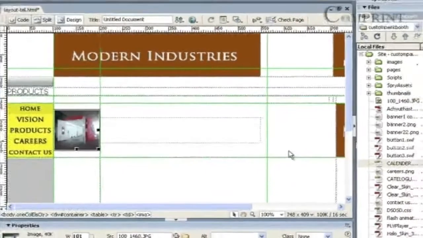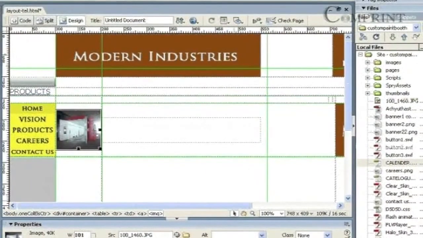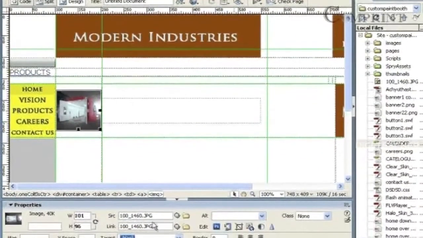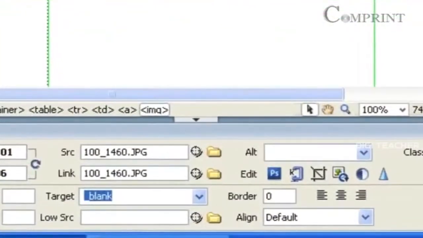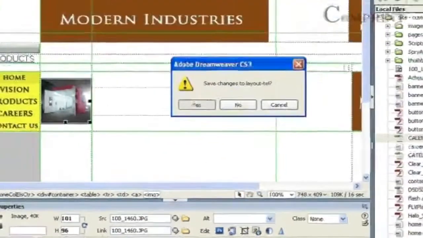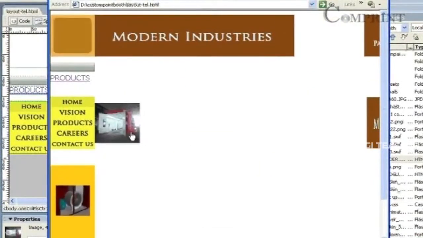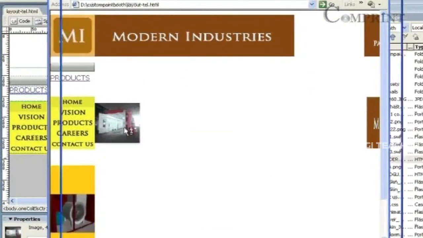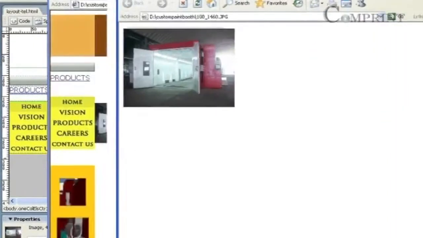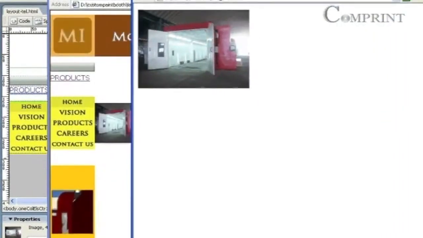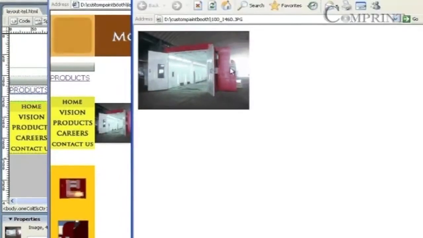Click on OK. And under the target, click on blank. Now preview the page. By clicking this thumbnail, we get the image in a separate browser window in its full size.